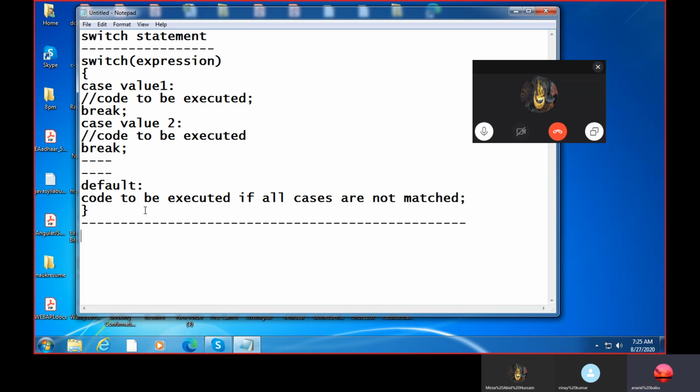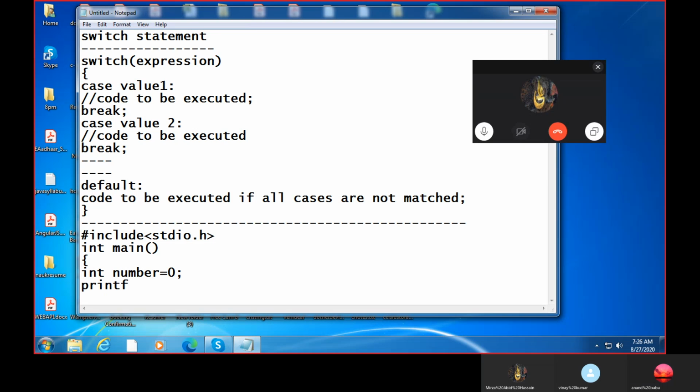I'm telling the example on switch. Include stdio.h. Next, in main, int number equal to 0.